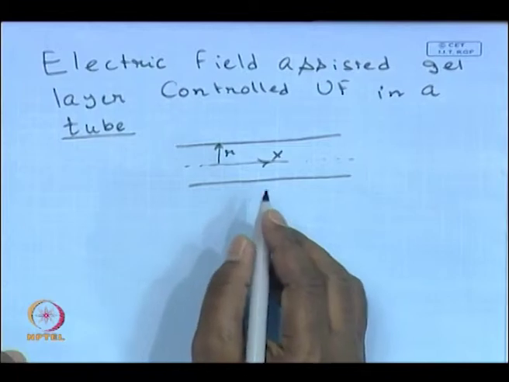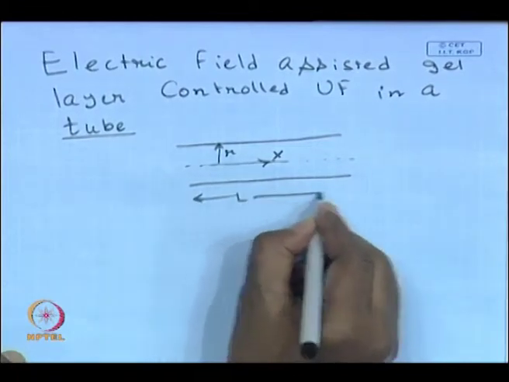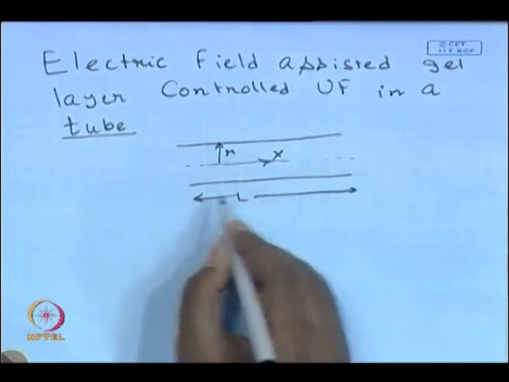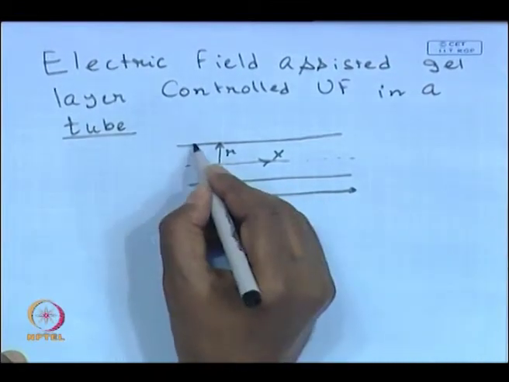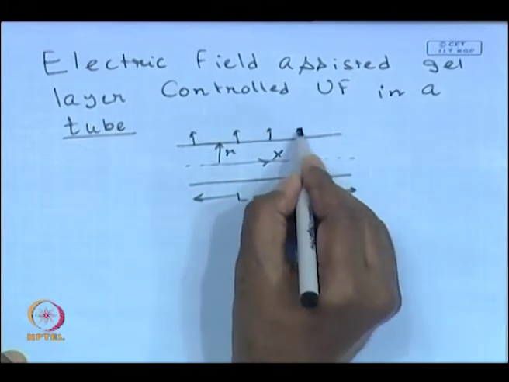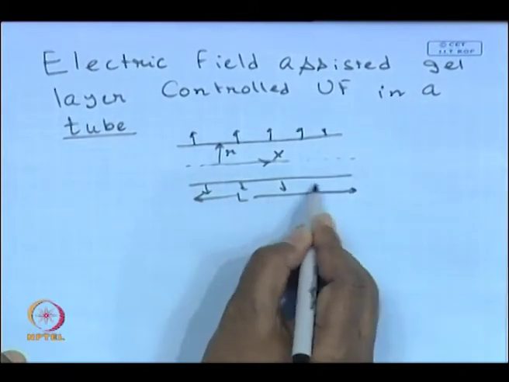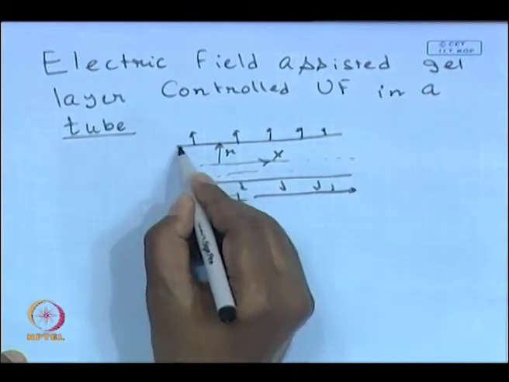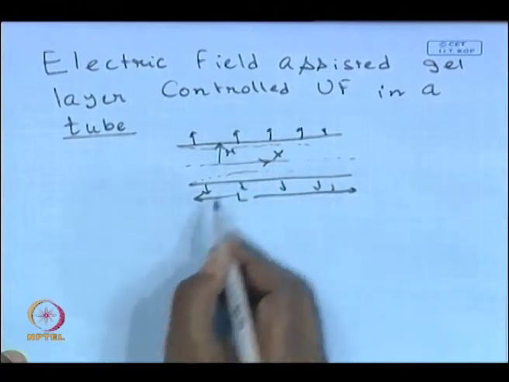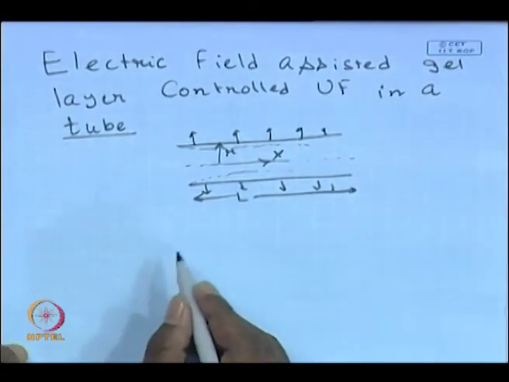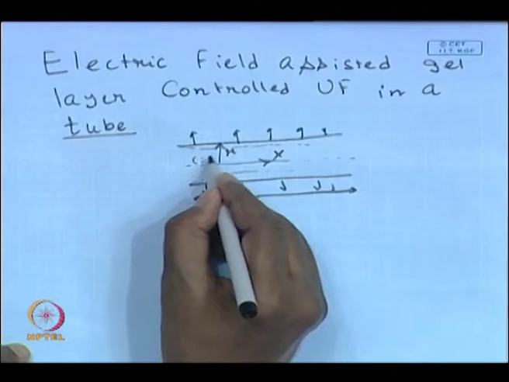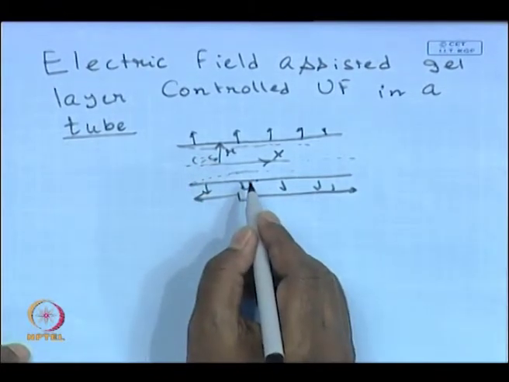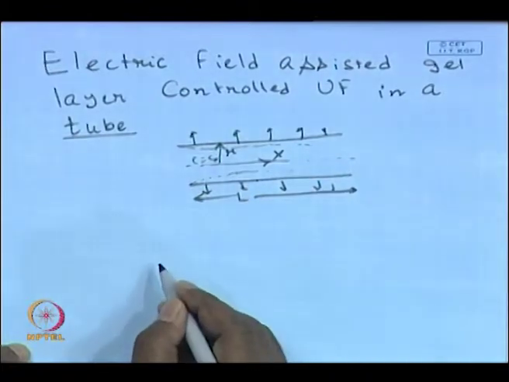So, this is a tube, this is the length of the tube and this is the radial location, and there is a build up and there is a permeation from the wall uniformly from all the surfaces, and there is a development of a mass transfer boundary layer on the wall. So, here C is equal to C naught, and you will have C naught up to C gel on the membrane surface, within the mass transfer boundary layer.